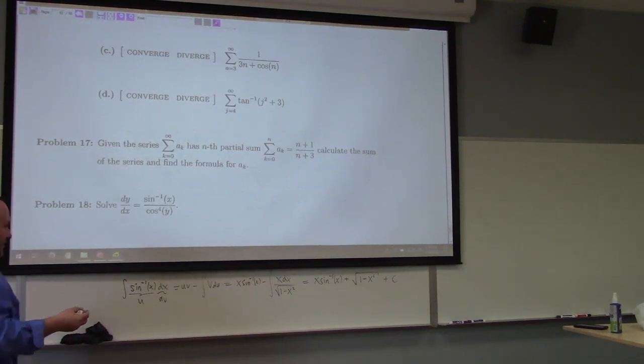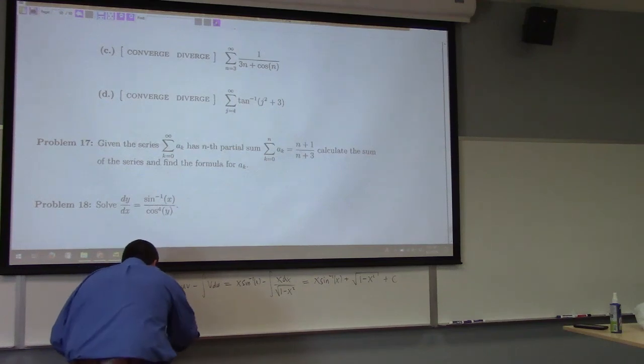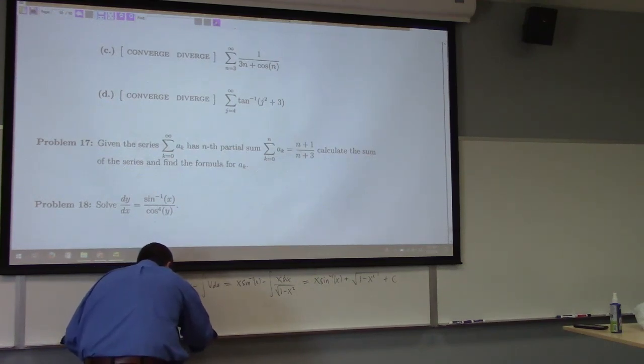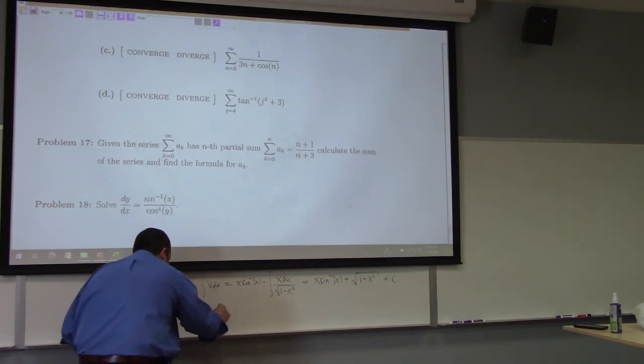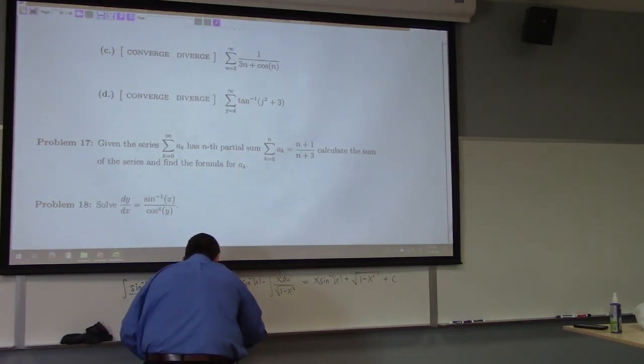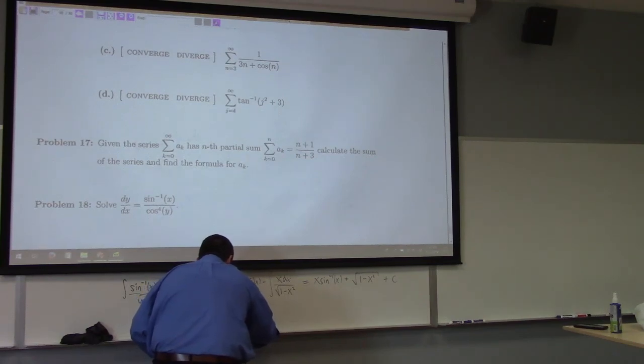How do you integrate cosine to the 4th? Break it into two different identities, right? This is 1/2 of 1 plus cosine 2